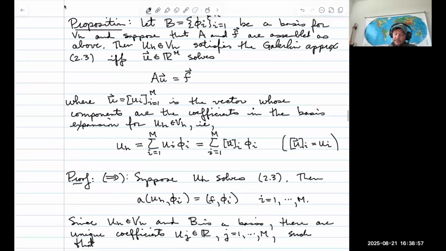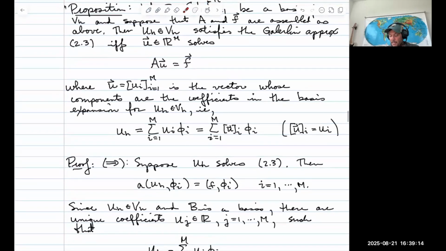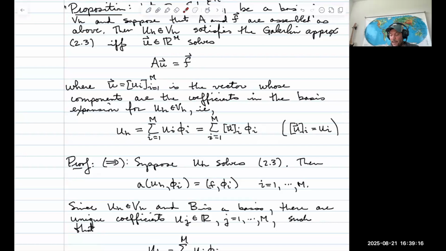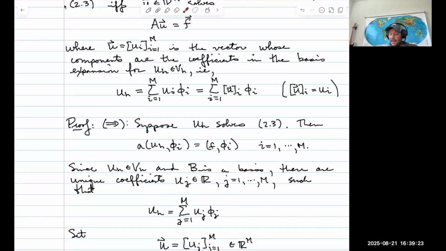So this is an if and only if. We're trying to show that if I solve this problem, then that's equivalent to solving this matrix problem. The Galerkin approximation is a problem that I have to solve. But the way I'm going to do it in the computer and in practice is I'm going to use a matrix vector problem, and I'm going to invert that matrix or use an LU decomposition or another fast solver method to solve that equation. And I had a whole course last semester on multigrid methods, or actually the whole last year, where we talked